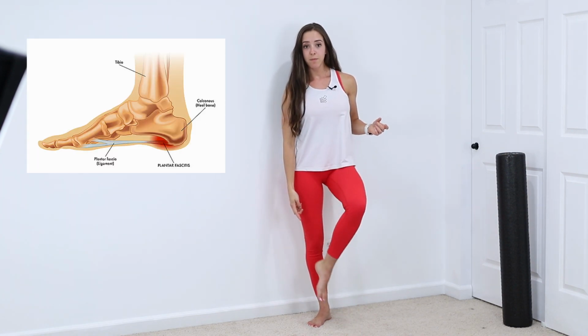What happens with plantar fasciitis is a lot of times we are increasing the amount of activity. So this can be from if you work a job where you're on your feet all the time. It can be from increasing the amount of walking or running that you're doing. Typically you'll have pain in the heel of the foot, but you may also get tenderness and tightness throughout the